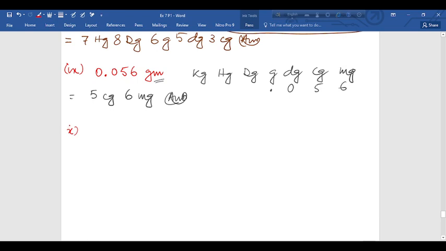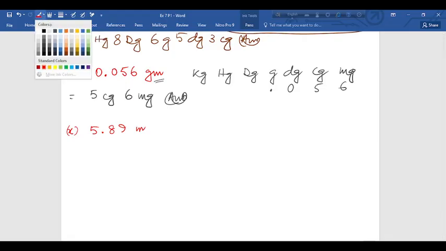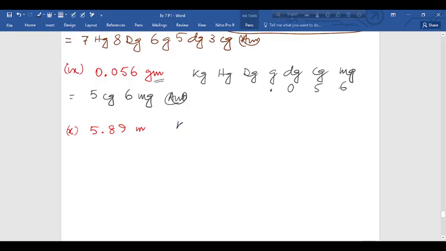Now question number 10 of part 5 of exercise 7, which is 5.89 meter. This is kilometer, hectometer, decameter, meter, decimeter, centimeter, and millimeter. Meter. Now 5 meter and